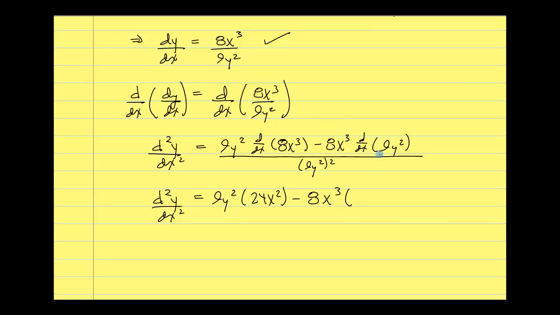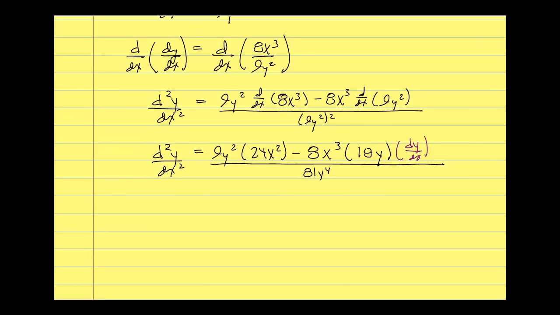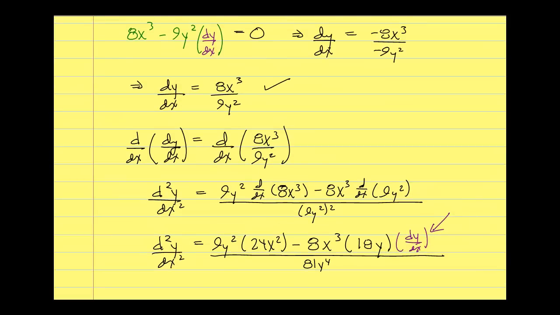Now the derivative of 9y squared is 18y, but I just took the derivative of y with respect to x, so I have to use that chain rule. And in my denominator I have this 9y squared quantity squared. I guess I could expand that or distribute the 2, 81y to the fourth. Well, there's my second derivative, but this is the cool part. This is what I like about the multiple derivatives. I know what dy dx is. Dy dx, if you look up further, is equal to this value right here. So we can plug that in,